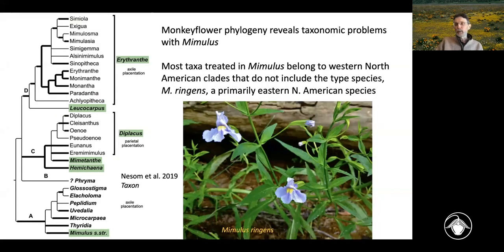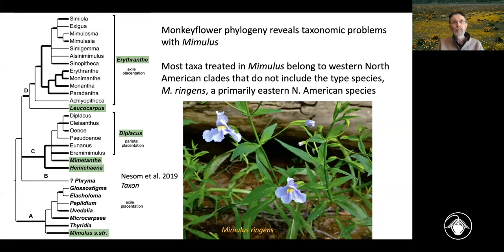Okay, so Paul Beardsley and Dick Olmstead engaged in some studies of the family Phrymaceae that includes Mimulus, looking at relationships across the group, and with particular focus on monkey flowers. And what their phylogeny, which has been summarized in this tree on the left here, revealed was that there were some serious taxonomic problems with the circumscription of the